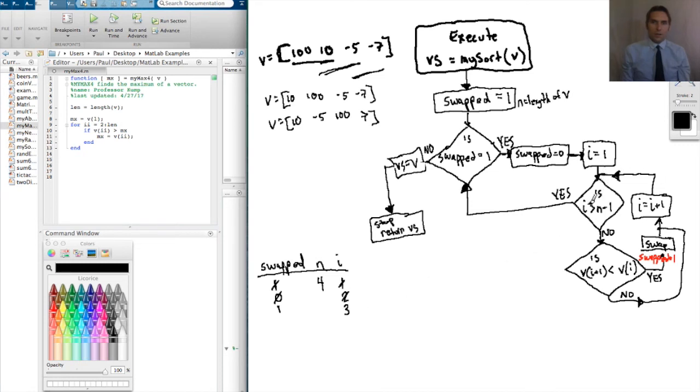We come up here. Is 3 larger than 3? No. So there's still a comparison left to be made. So I come down here. Is v of 4 less than v of 3? So v of 4 is 7. Is that less than v of 3, which is 100? Yes. So I perform the swapping routine. Okay, and I swap those guys and set swapped equal to 1. It's already 1, so that's fine. Increment I